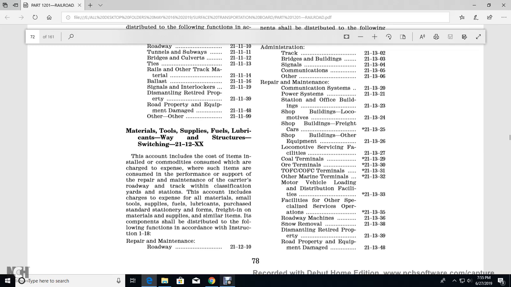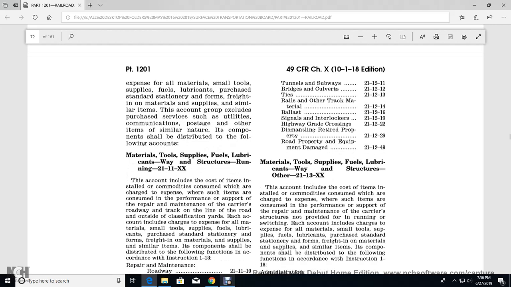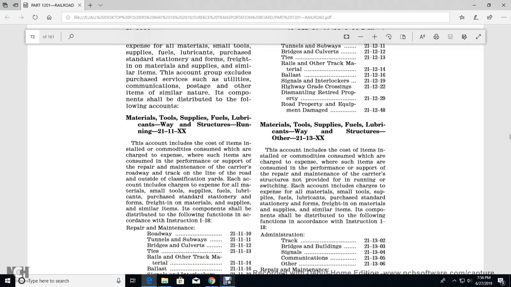Alright, repair and maintenance of roadway, 211210. For doing all subway, the bridges, culverts, the ties, any other track material, the ballast, signal, interlocking, highway grade crossing, culvert, dismantling retired property, road property equipment, or damage of the material, tool, supply, fuel, lubricants, other than 2113XX. The account includes the cost of the installation of the commodity that is not consumed, with the charge of the expense, the size of the items consumed with the performance, support with the repair, the maintenance, the care of